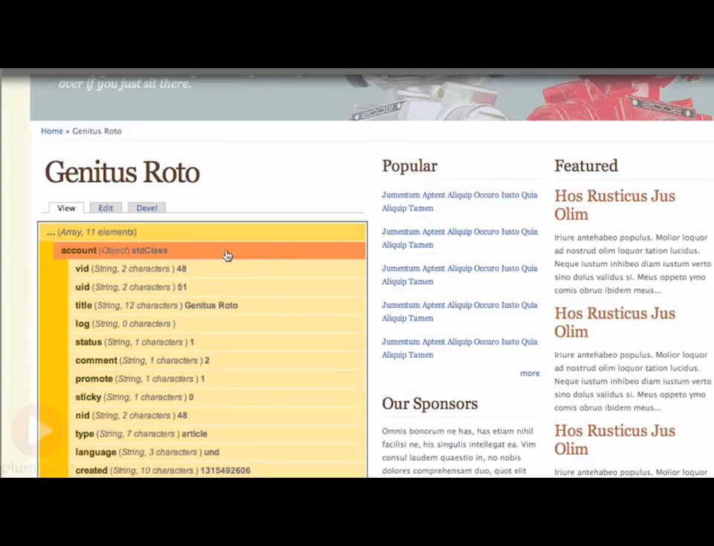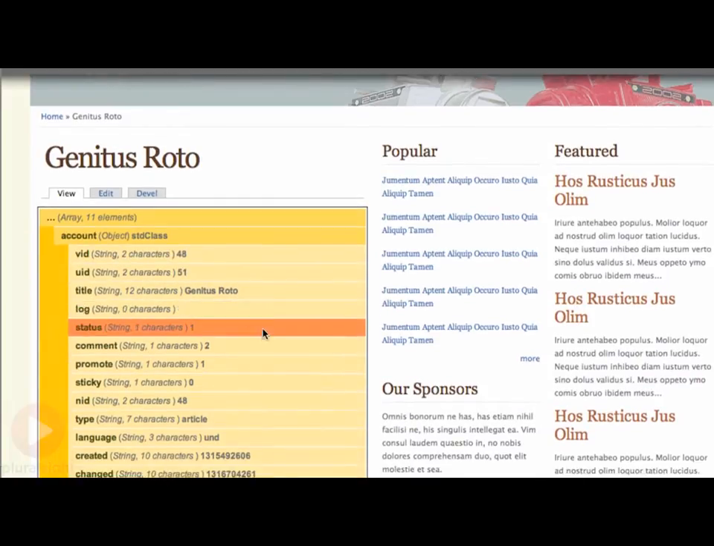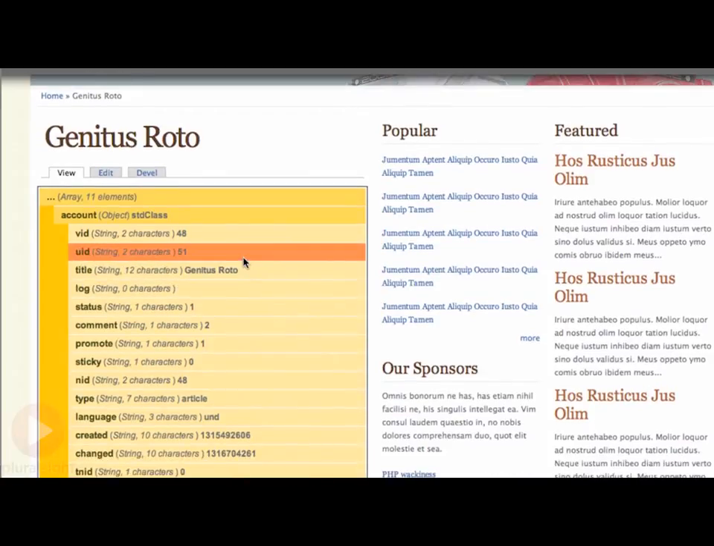So if I open up the account object here, you'll see that the user ID is a part of what's in this object. There's also a bunch of additional information. In this case, because it's a node, most of the information here is related to the node that's being viewed and not the actual user. But what we can do is use this UID property to load all of the information about this user, including